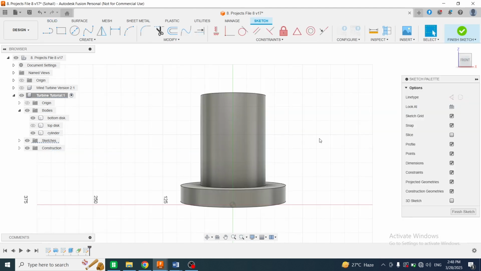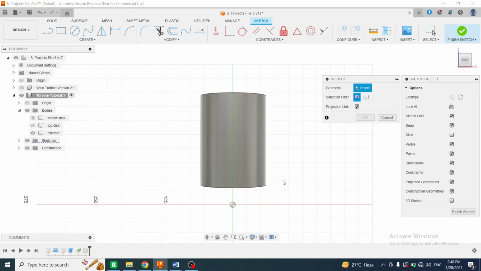Now I will create a triangle on this plane. The reason for creating a triangle is because I want to set the extrude angle of the blades. For creating a triangle, first I will project two sketches. I will turn off the visibility of the bottom disk and will project two sketches, the top and the bottom of the cylinder. I will press P from the keyboard, click on the top edge and then the bottom edge and